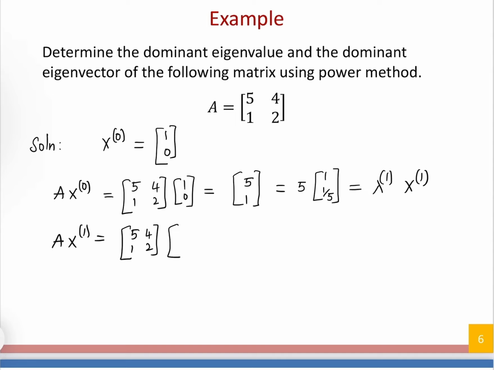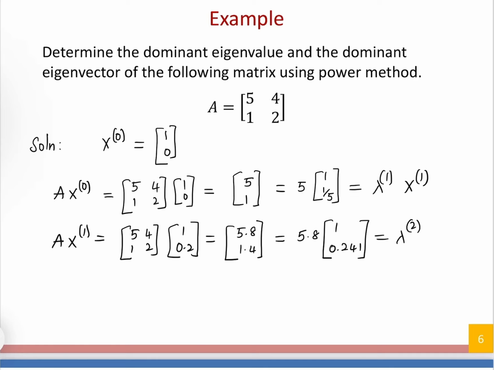A is [5 4; 1 2] and x1 is [1; 0.2]. Once we multiply this, we get [5.8; 1.4]. And obviously, the numerically largest entry in this column vector is 5.8. Therefore, we can write this as 5.8 times [1; 1.4/5.8]. It is 0.241. Let me call this lambda 2 and x2, which is the second approximation to the